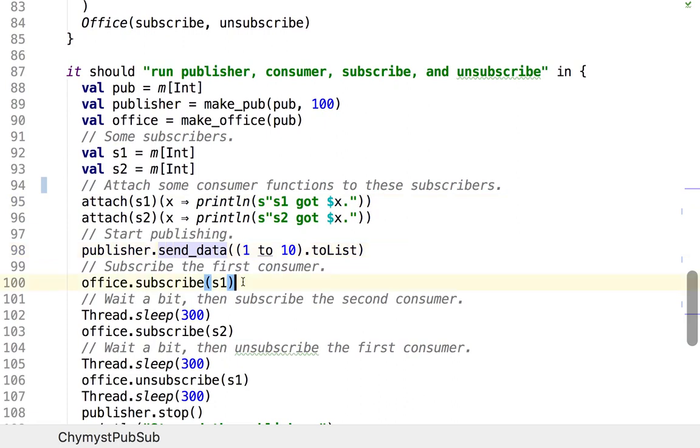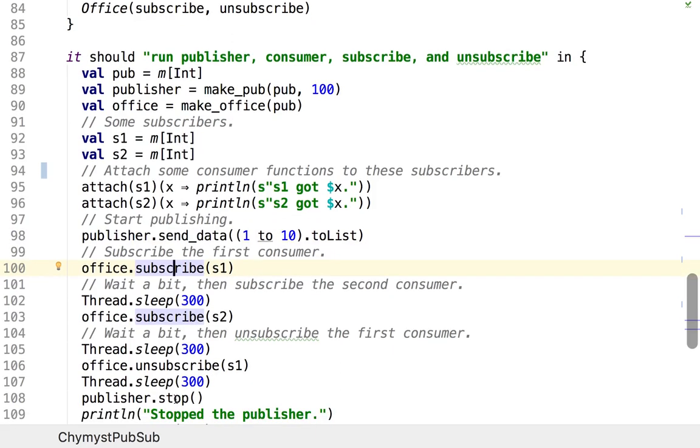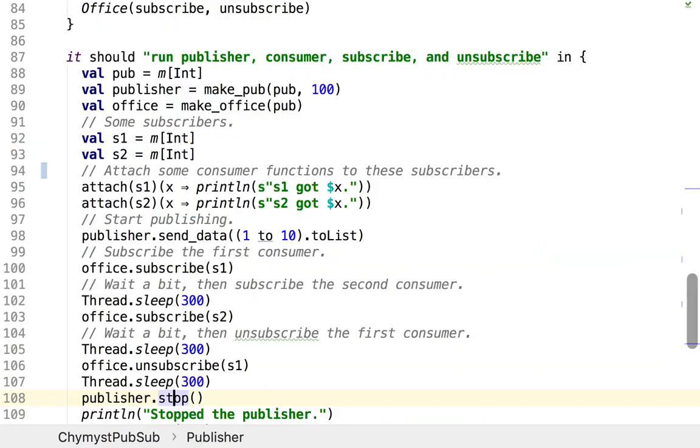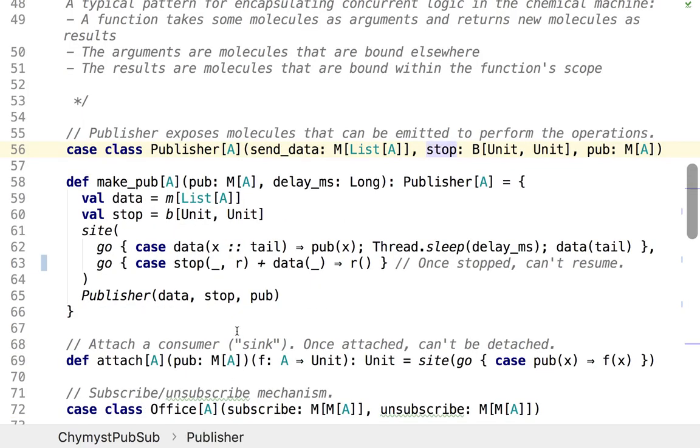We subscribe the first consumer. Notice that this is a non-blocking call. So this is also a non-blocking call. So all of these calls are non-blocking, except for stop. We made the stop molecule blocking, just so that when we stop, we don't have to make extra sure that everything is stopped. When this call returns, we are guaranteed the publisher has stopped, because the chemistry